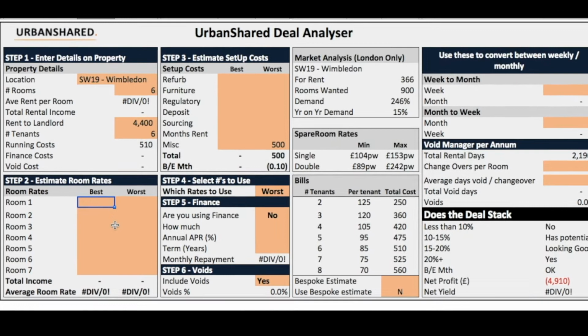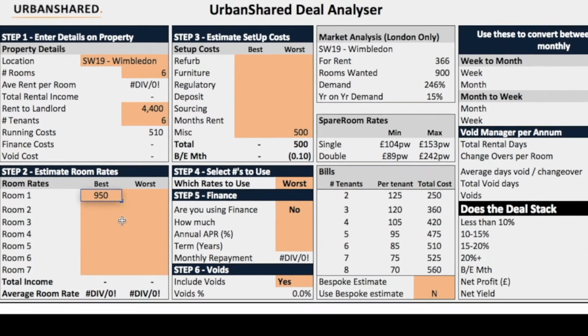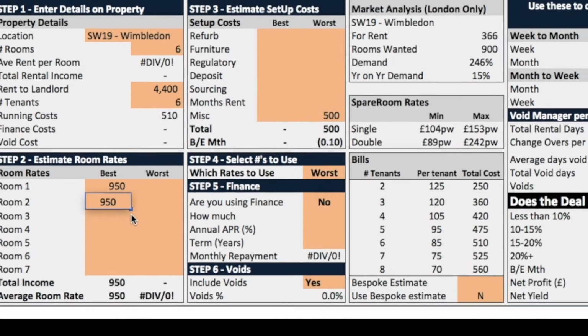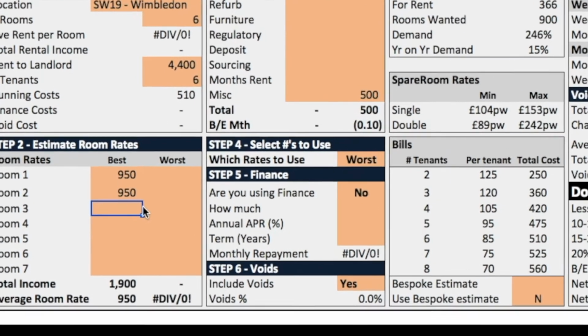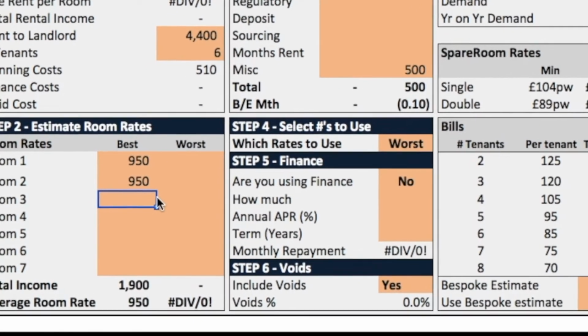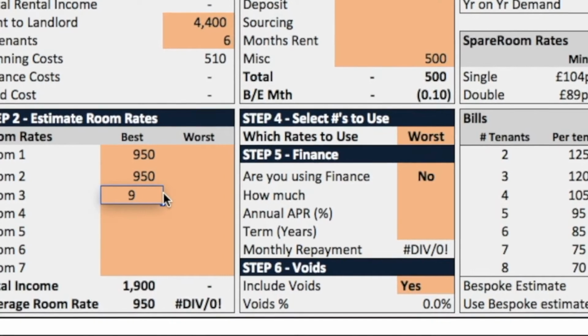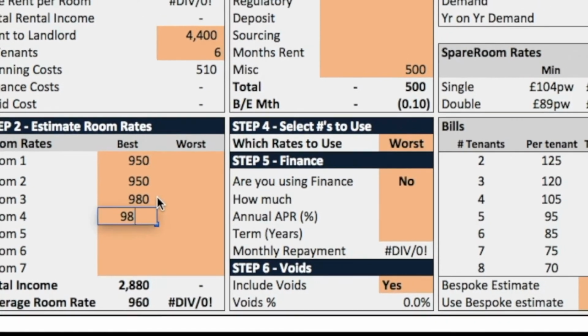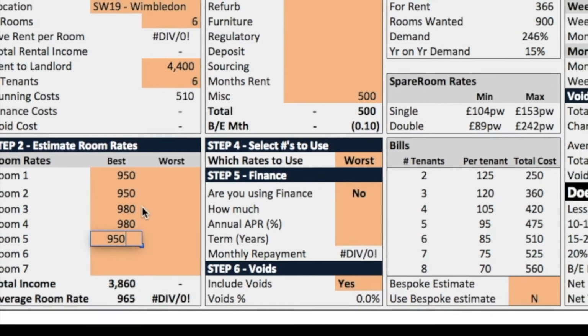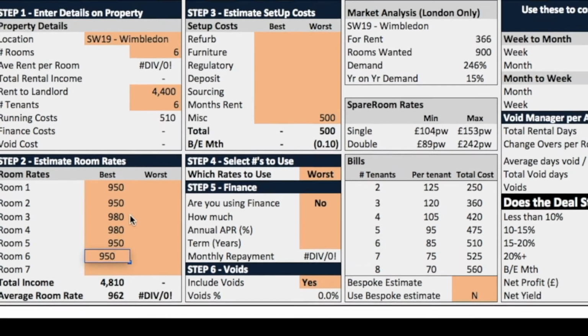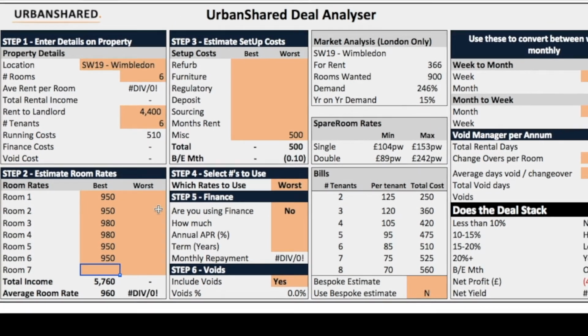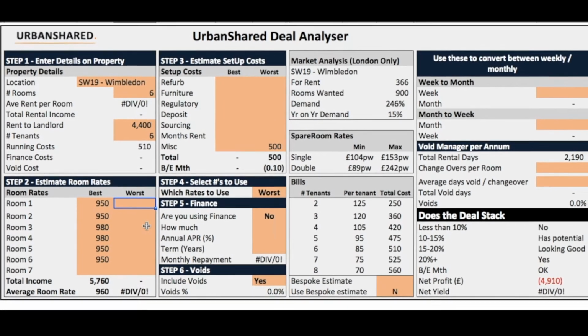So we were looking at somewhere around about 950 for the 2 rooms downstairs that shared a bathroom, 980 for both of the en-suites, and then 950 for the rooms on the top that shared another bathroom. Best case scenario. Worst case scenario,